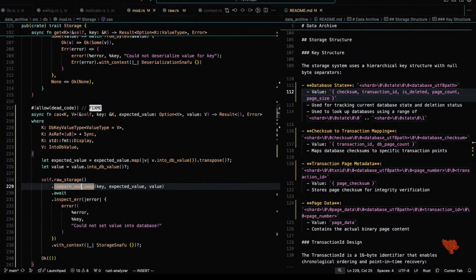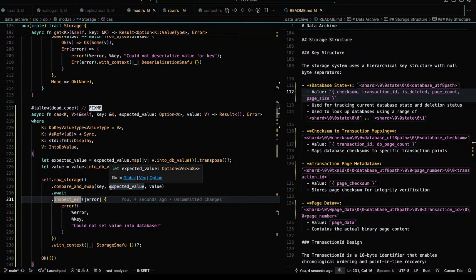Going back to our code, though. This is fine. Good.